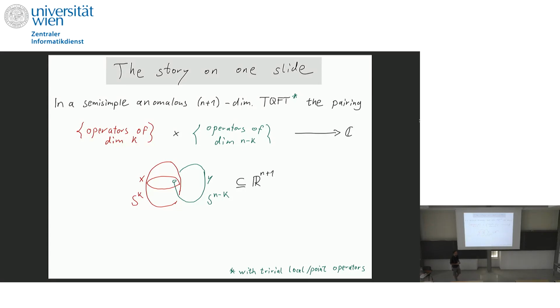Now if I have a TFT, this means that if I have an operator of dimension k and an operator of dimension n minus k, I get an operator of dimension 1, basically. It's a point operator in n+1 dimensional space. If I also assume that my TFT doesn't have interesting point operators, if there are no local operators in this TFT, then I can identify the space of such point operators with the complex numbers, if I'm over the complex numbers, and so I get a number out. And this defines a pairing. And in fact, actually,